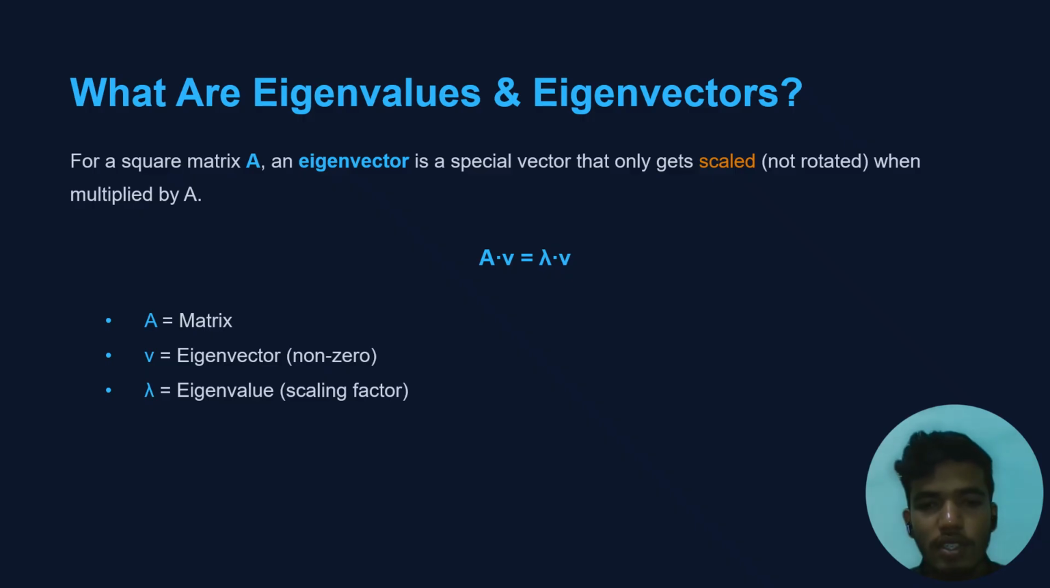Here we have the equation AV equals lambda V. Here A is the matrix, the matrix on which we perform the operation. V is the eigenvector and lambda is the eigenvalue. We have to know about eigenvalues also. Eigenvalues mean we use eigenvalues for